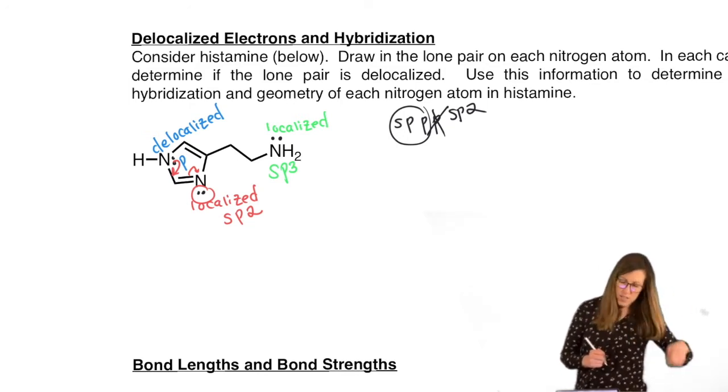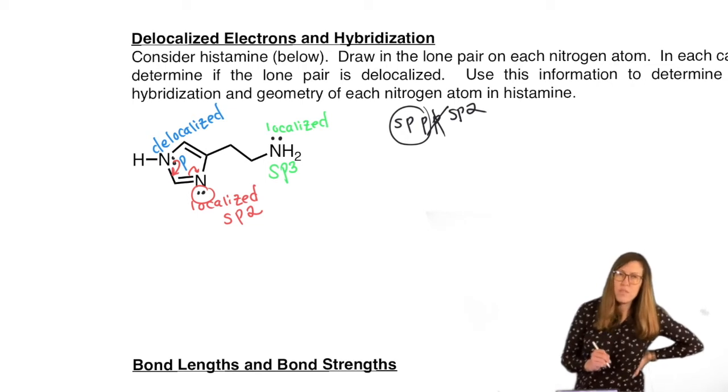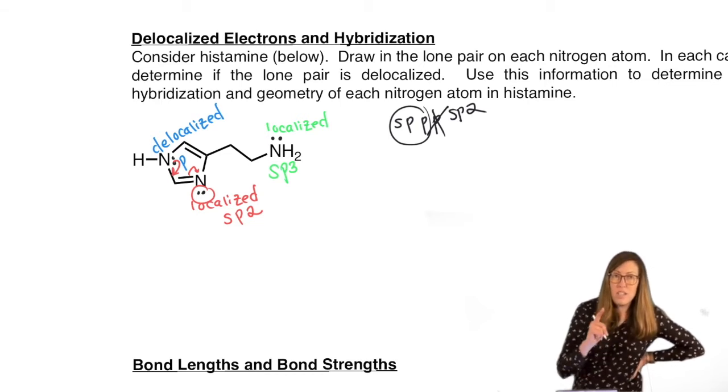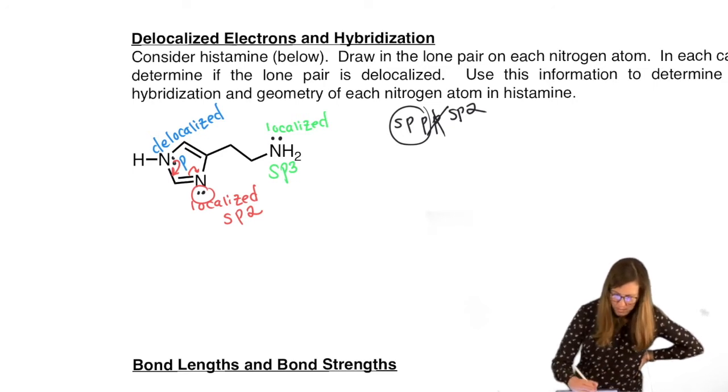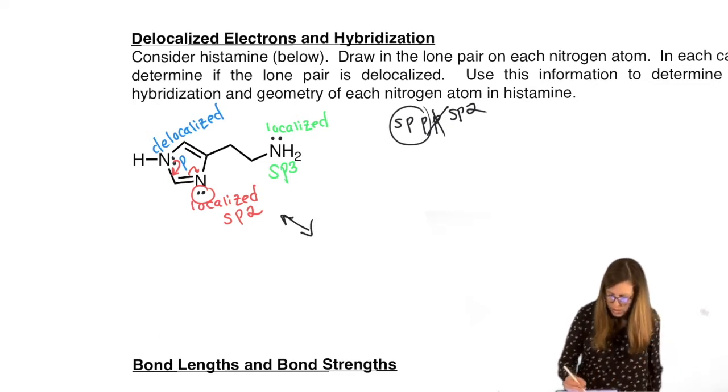Why does that change everything? Well, first of all, you wouldn't probably have guessed that that lone pair was in a p orbital, because at first glance we're not making a pi bond with a lone pair. We actually are. Let's draw the resonance structure. Hence the question, is it delocalized? I'm going to undo my yellow arrows. Let's do the red path first, because don't worry, I will account for the yellow ones later.